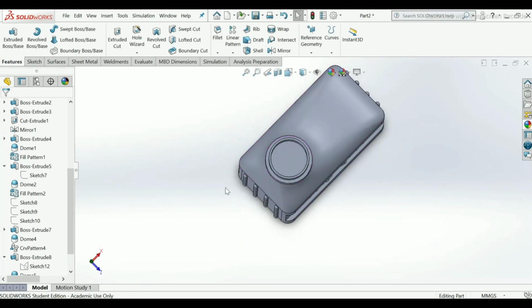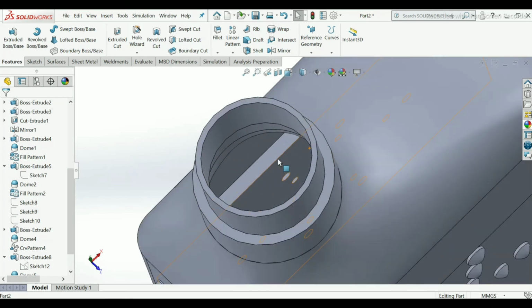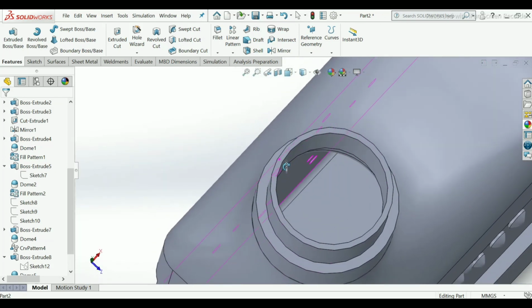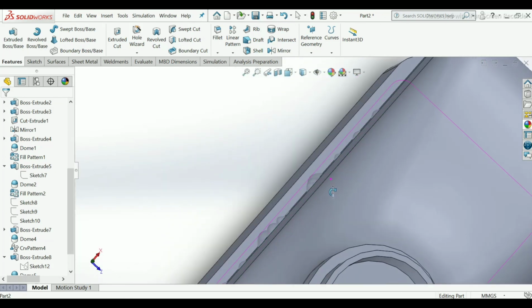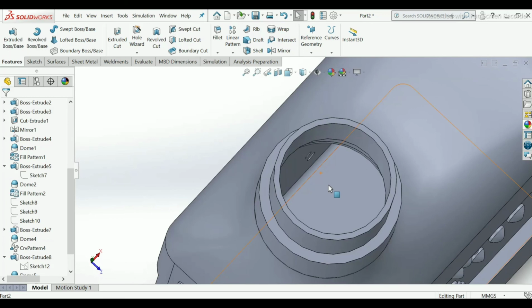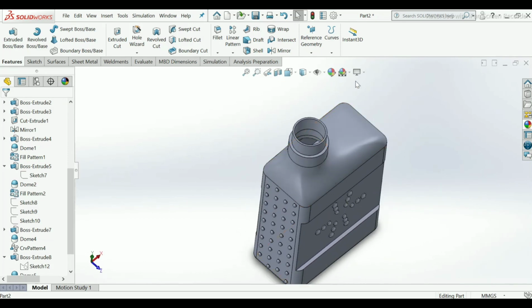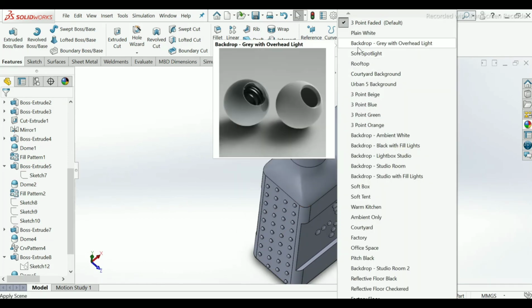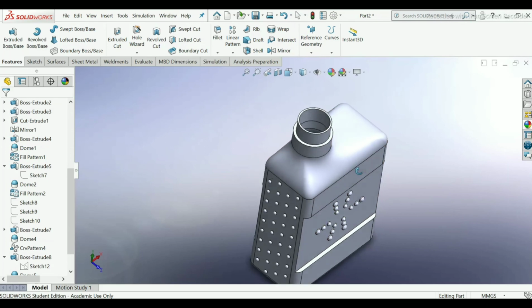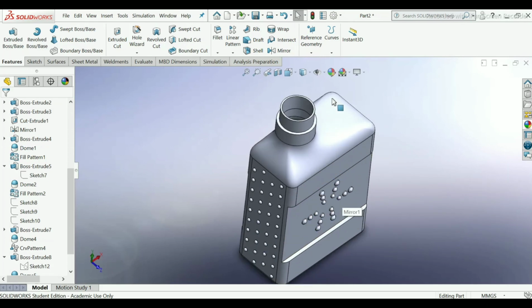So our inward part has been made. You can see inside the rough material also. So if you want to give any appearances, you can give, so it will be created nicely.